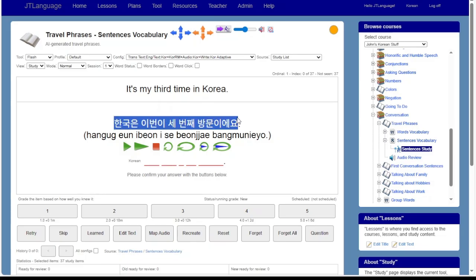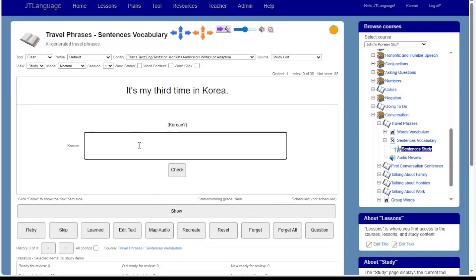And now I'll copy and paste the sentence. And I can hit retry to retry it. I paste the sentence in. Now if I hit check,